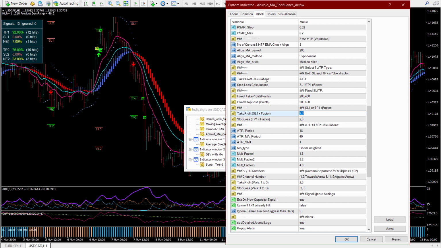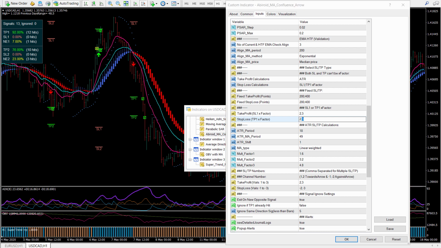So if take profit is ATR and stop loss is take profit 1 multiplier, then it will calculate the stop loss values by multiplying TP1 with 2 and right here. So let me just show it to you.